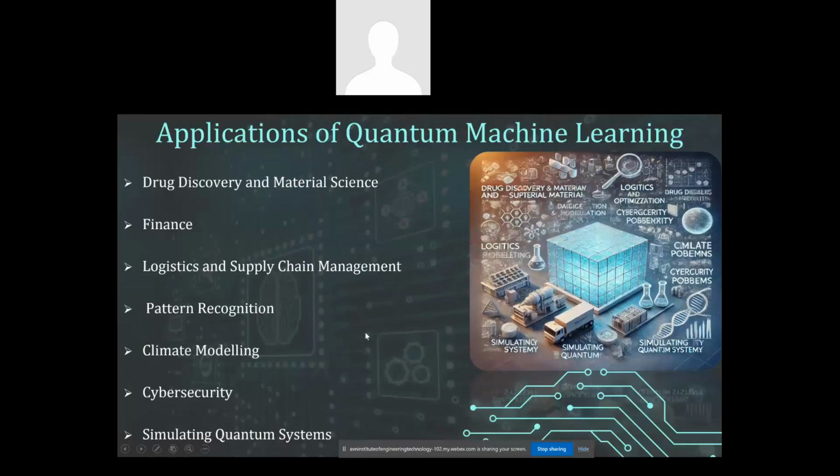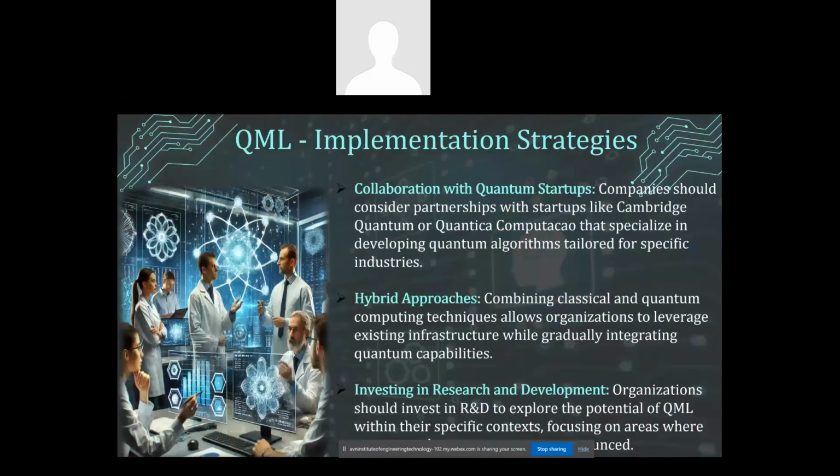Okay. So, QML, I mean quantum machine learning implementation strategies. We saw what quantum machine learning is, and why quantum machine learning is required. We identified the reasons, and these are the reasons why I'm implementing quantum machine learning. How I can implement it, we can see later. Now we are seeing what implementation strategies we can use for implementing quantum machine learning